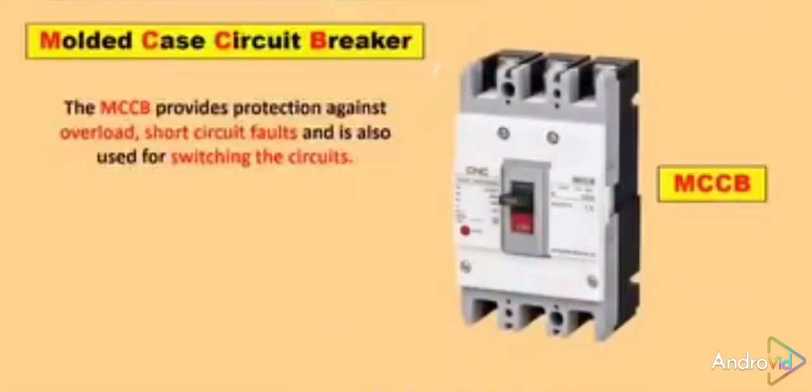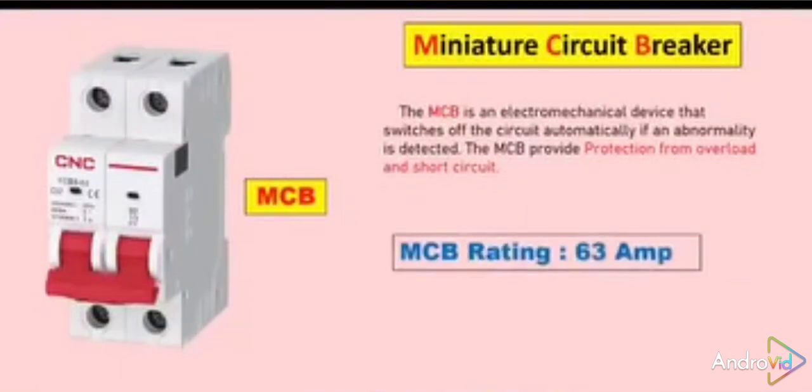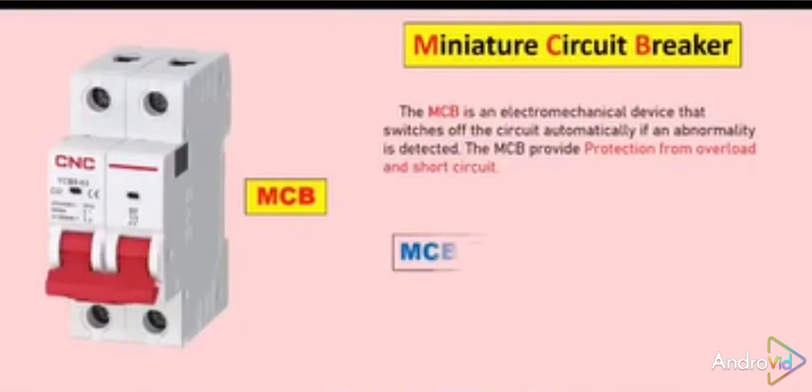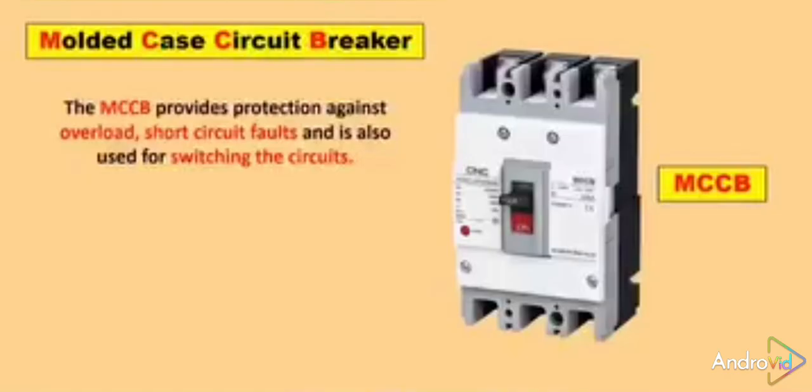Full form of MCCB is molded case circuit breaker. Friends, the MCB you have, or if you are going to buy a MCB, then a maximum of 63 ampere rating MCB you can buy. These days you can find a 100 ampere rating MCB also, but before, till 63 ampere rating MCBs were available in the market. Now if you want a protection device of even higher rating, then in this condition you have